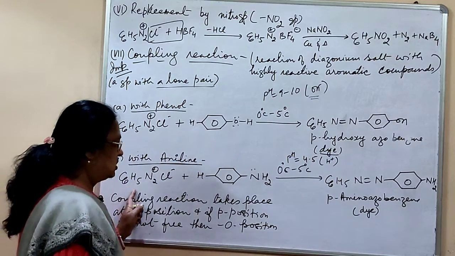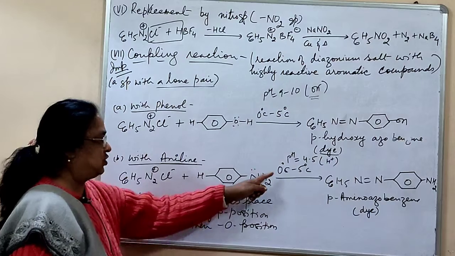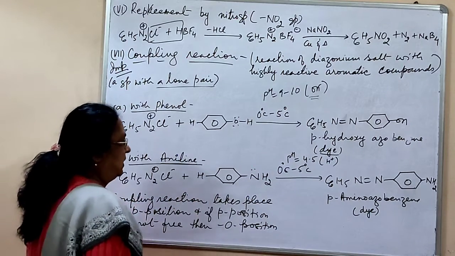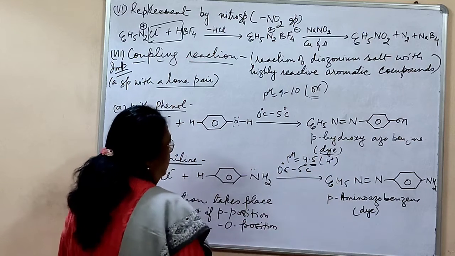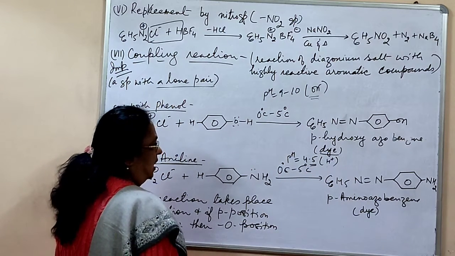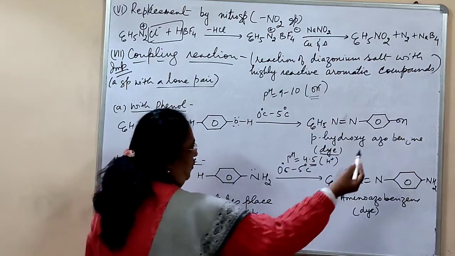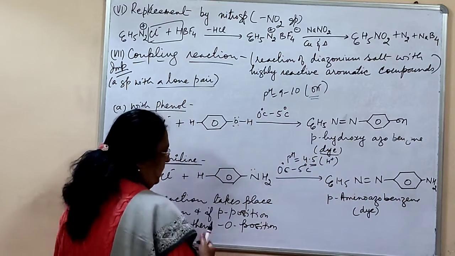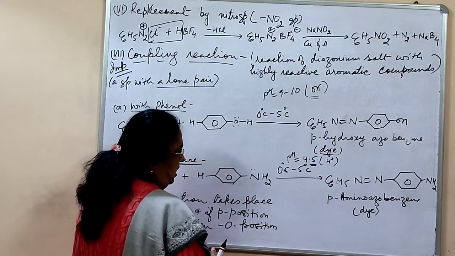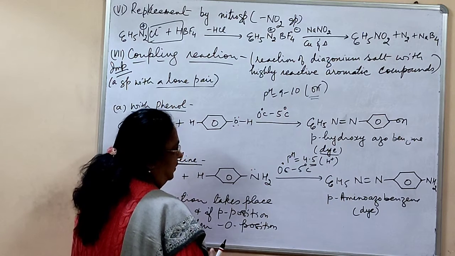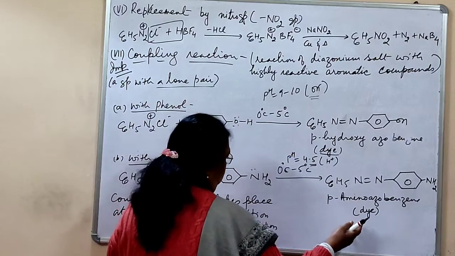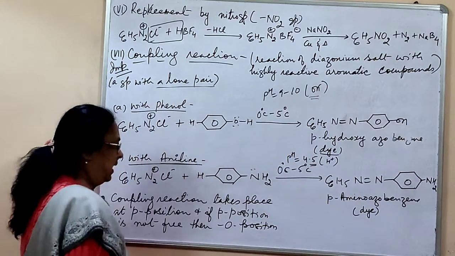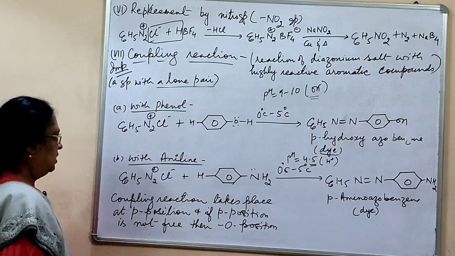Aniline also shows the same reaction under the same condition, but only the medium is changed. Medium, you can say pH is 4.5, medium is acidic, and in place of OH here will be NH2 at para position. So para-aminoazobenzene, and this is also a dye, orange color dye, bright color, and it is